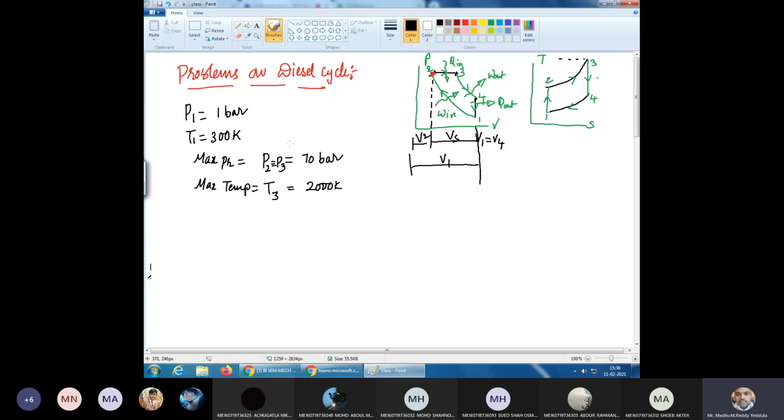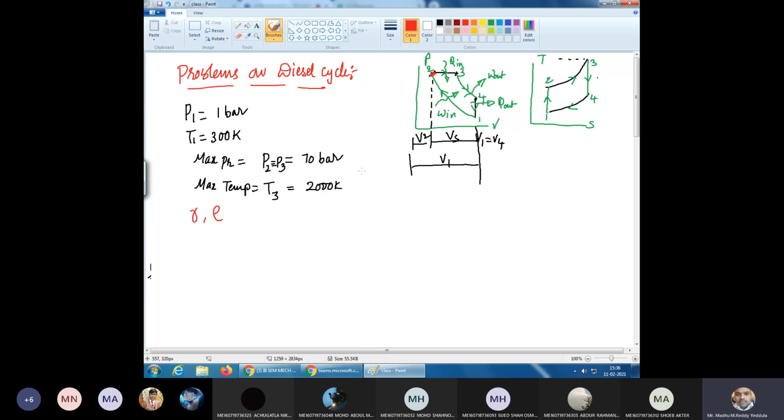So determine the air standard efficiency if the engine works on diesel cycle. This is the first bit. First complete this one. We have one more bit also. Now, in order to calculate the efficiency, what do you require? You require R value and rho value in case of diesel cycle. So in case of petrol cycle or Otto cycle, we require only R value, but in case of diesel cycle, the cutoff ratio is required.